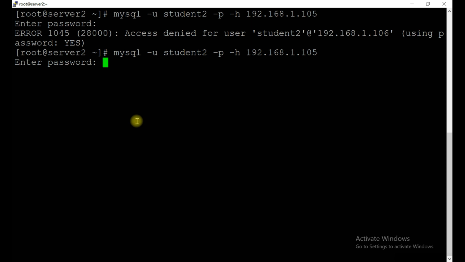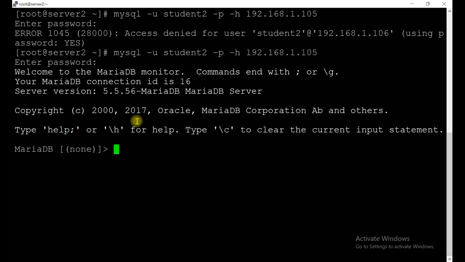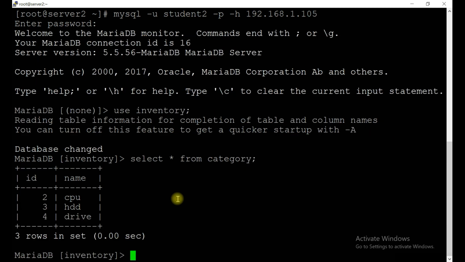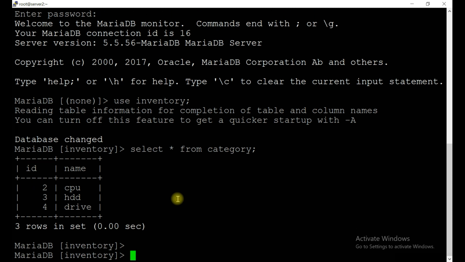Let me try again. student2. Okay, now logged in. Use inventory. Database changed. Okay, it's able to log in. Now select star from category. Done.